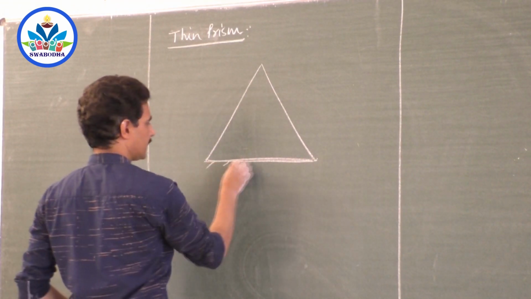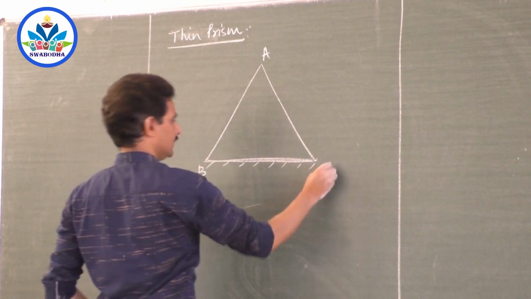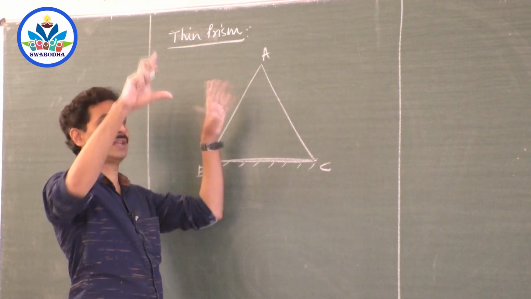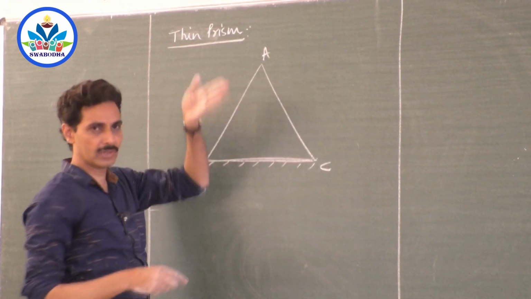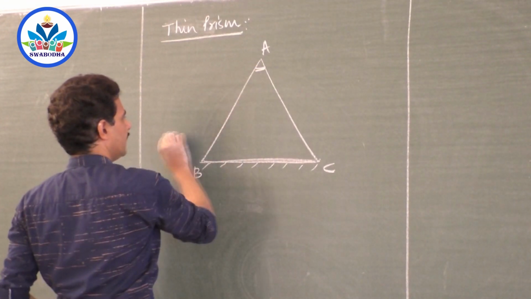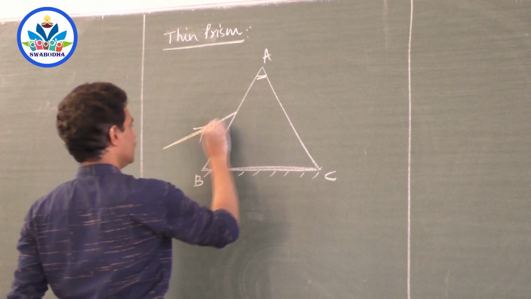So this is the base of the prism, and this is the diagram we are going to draw again, ABC. ABC is the principal section of the prism. The prism is like this and you have cut it like this and you have got one face of the prism. And A is the angle of the prism, right? And a ray of light is incident like this. Keep on writing this.